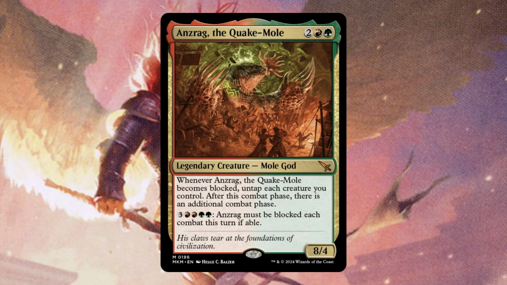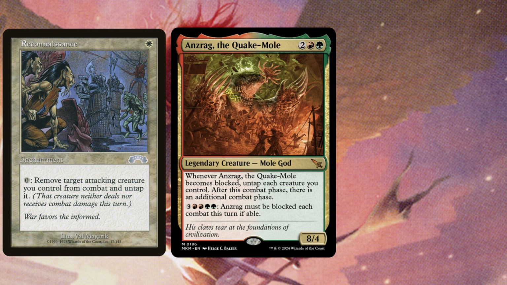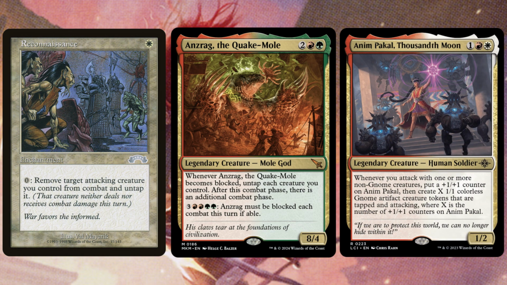And then we have Anzrag the Quake Mole. Now this guy has a really weird interaction, but once this guy attacks, if he's blocked, we're gonna get an additional combat step after this, right? And then for 7 mana, we can make it to where Anzrag has to be blocked this turn by our opponents if they're able to. So with Anzrag on the battlefield and his ability paid for, a blocker our opponent has, and then Reconnaissance on the battlefield with any creature with an attack trigger, such as an Adeline, an Anan Pakal, a Krinko,